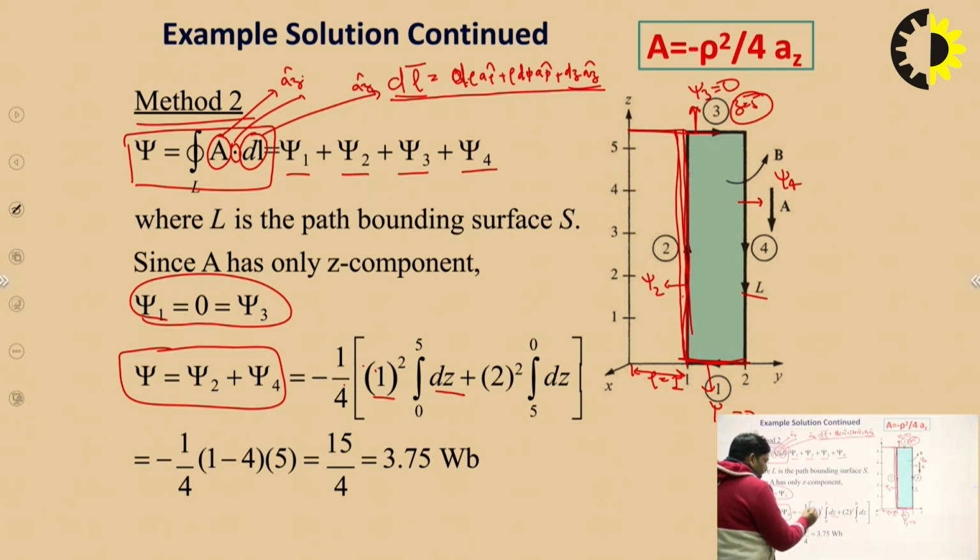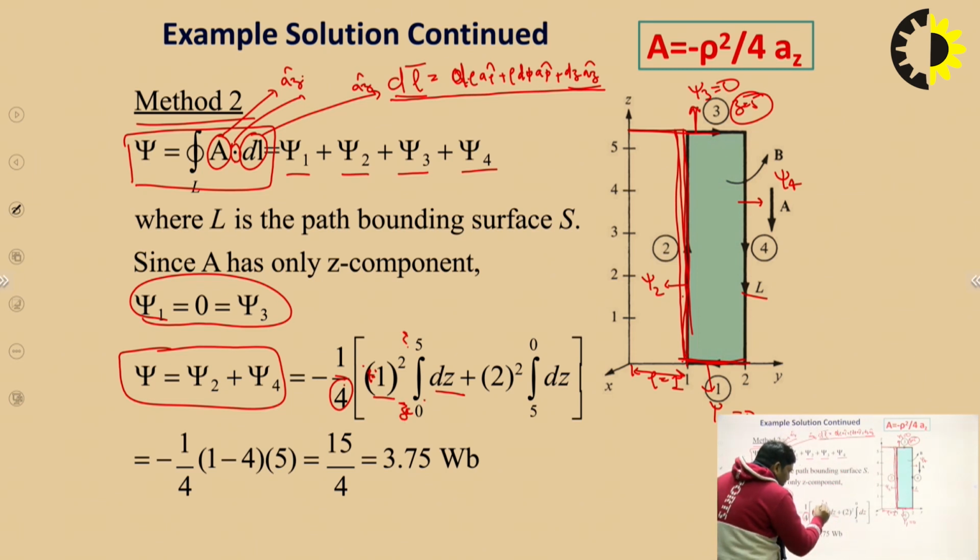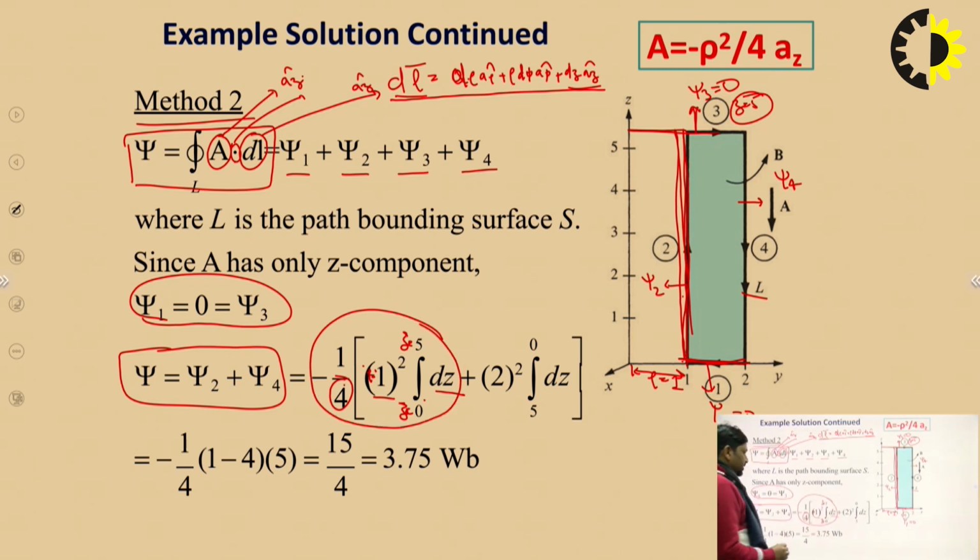So rho square by 4, and z lies from 0 to 5, so we put the limit z is equal to 0 to 5, integral of dz. So we calculate the total outward flux psi 2 by using this integral,